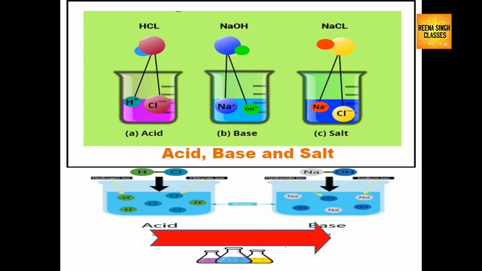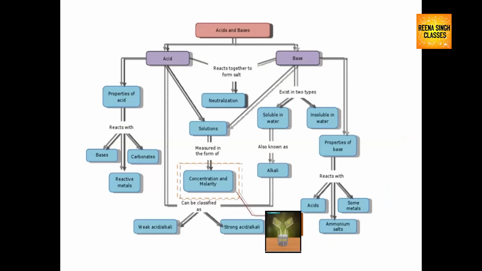Without acids and bases, many of the products in your home today would not have much use. But what is an acid? What is a base? With the help of this module, you will get the definition of acids and bases. In this chapter, we are going to learn the physical and chemical properties of acids and bases, and then their reactions also. Bases exist in two types.